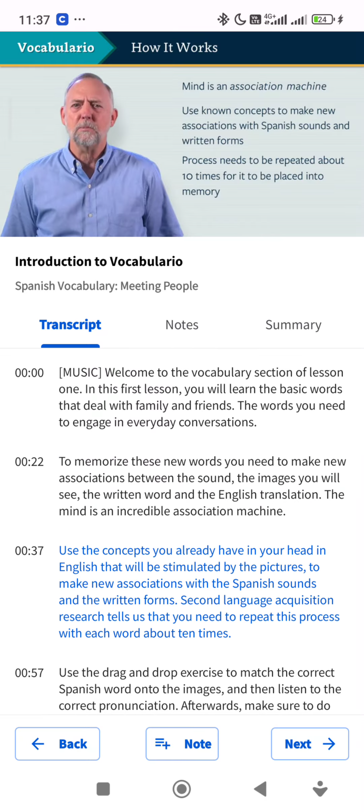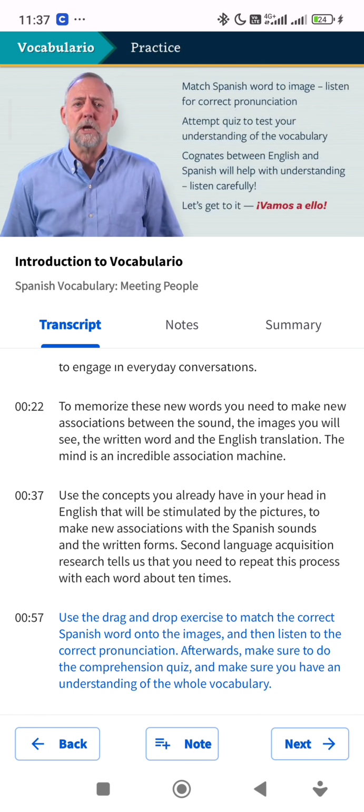Use the concepts you already have in your head in English that will be stimulated by the pictures to make new associations with the Spanish sounds and the written forms. Second language acquisition research tells us that you need to repeat this process with each word about 10 times. Use the drag and drop exercise to match the correct Spanish word onto the images and then listen to the correct pronunciation. Afterwards, make sure to do the comprehension quiz and make sure you have an understanding of the whole